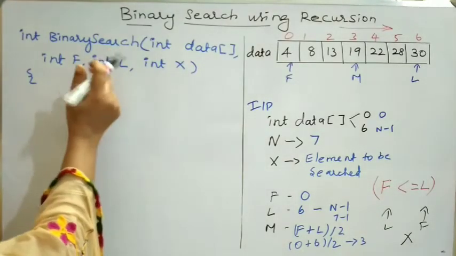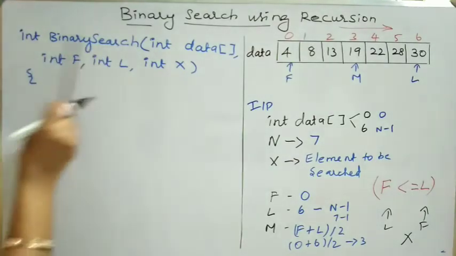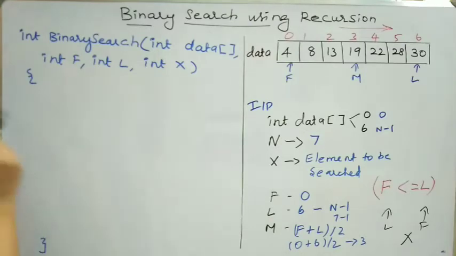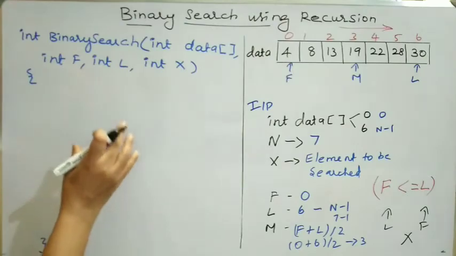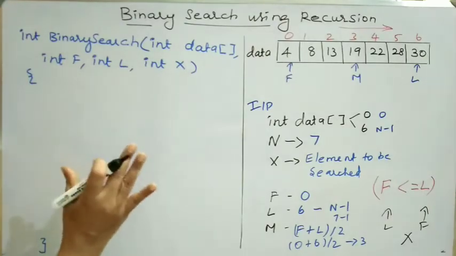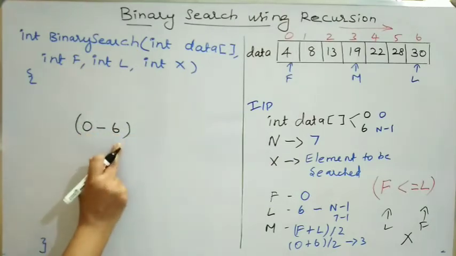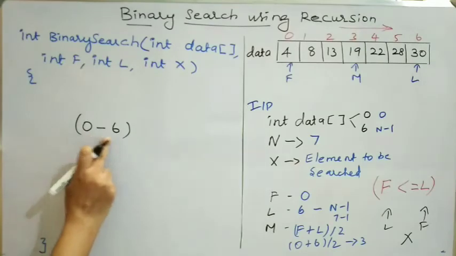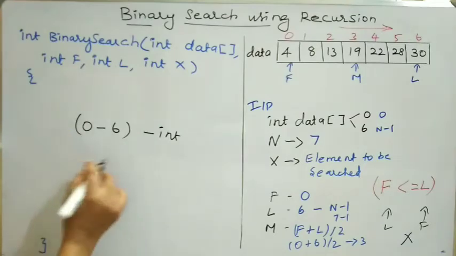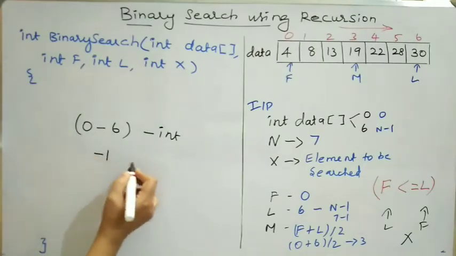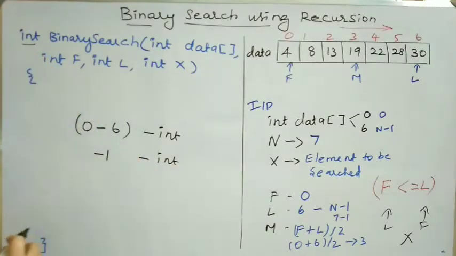To perform the binary search operation, I have implemented a binary search function. The name of my function is binarySearch. This is going to return an integer value. For example, if I find the element, I am going to return at which index position I have found the element. Probably the index position will be in the range of 0 to 6. In that case, it returns an integer value. If it does not find the element, it will return the value -1. -1 is also an integer value. So the return type is integer.